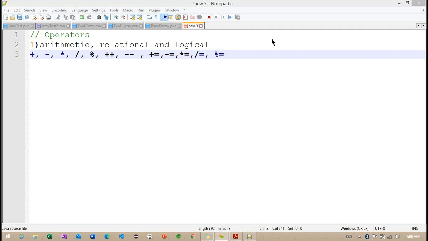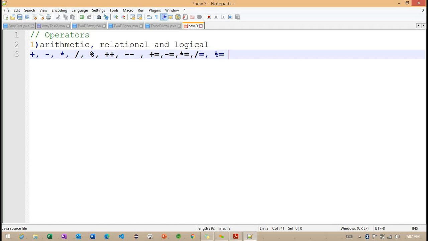Back to here. First we'll check with a simple example of how exactly we can use these. Now observe: arithmetic operators must be used with numeric types. We cannot work with Boolean types. It is the numeric data types only that we work with here. We can also work with char data types, because char is a subset of the int data type.